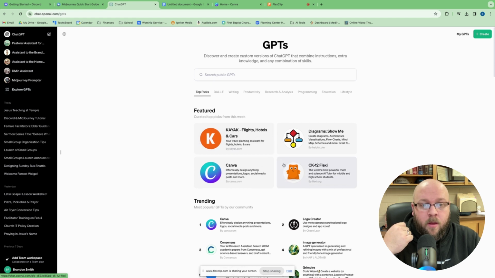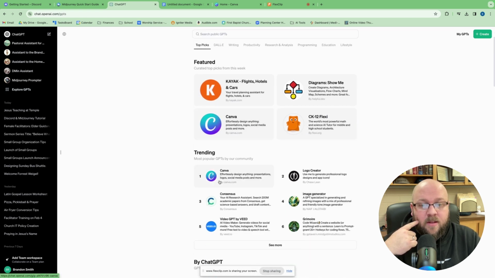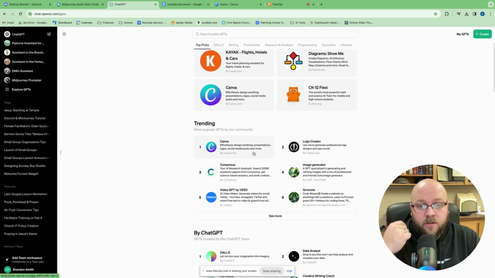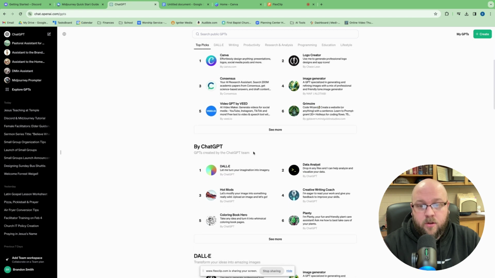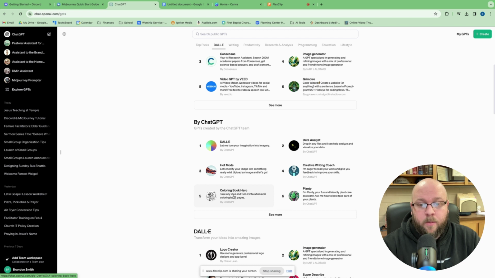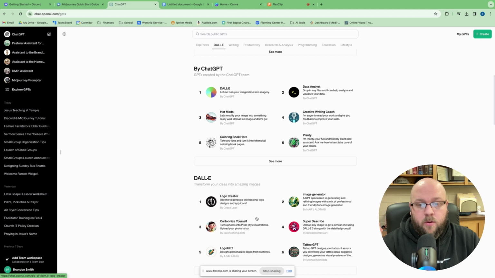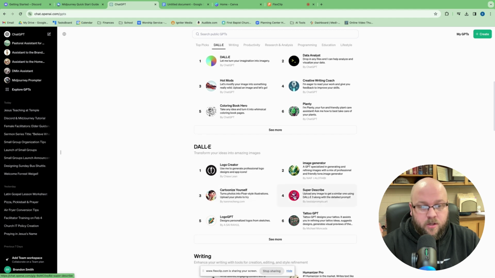These are all free, but you can see some of the things. Canva is a tool we're going to talk about later, but there's all sorts of custom AI tools that people have already created. So you could use, okay, Coloring Book Hero: take any idea and turn it into a whimsical coloring book page. So you could type in something and it'll create a coloring book page. Writing coaches, data analysis, logo creators, cartoonize yourself,